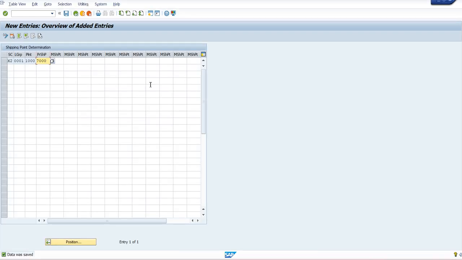Okay, let me go back here. The same space here. So you can see a number of options. You can see manual shipping point, manual shipping point, manual shipping point. These are all the manual shipping points. This will come as a default, and all other things, whatever you assign over here, everything will be a